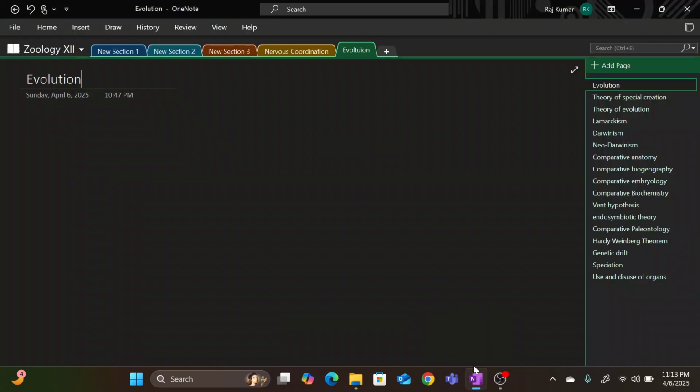Evolution is something quite crucial for the MDCAT as well as other types of entrance exams all over Pakistan as well as abroad. So let's start off with the very basic definition of evolution, what it means, and what we actually get to learn from this chapter. First, the term evolution means